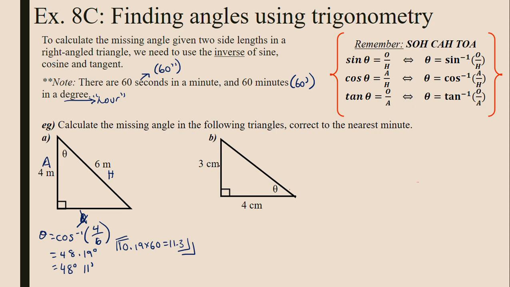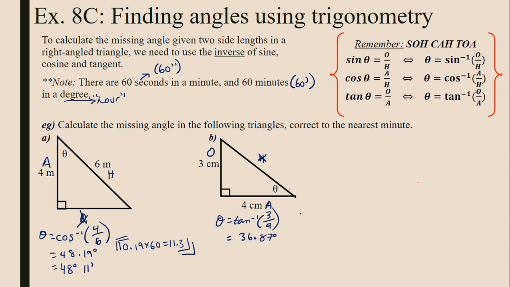Let's try another example. We now have our hypotenuse, which has no information given, the side directly opposite being the 3 and the 4 being adjacent. So we're going to use tangent this time. Theta will be the inverse of tangent, as per the formula. Substituting straight in, just because I don't have very much room, our opposite side is length 3, and our adjacent side is length 4. Entering that into our calculators will give us